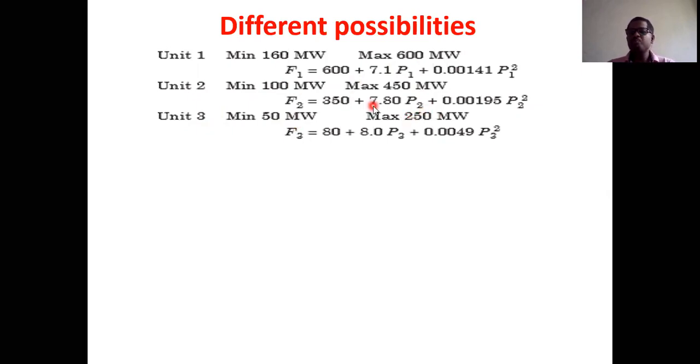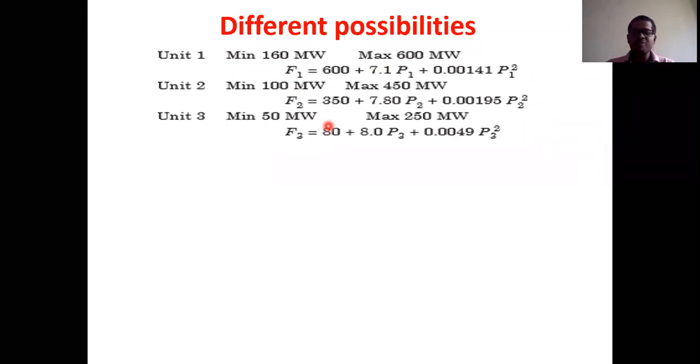This is very, very important for this problem, because we must know the minimum power as well as the maximum power for each and every unit. Similarly, F1 is the fuel cost function for unit 1, F2 is the fuel cost function for unit 2, and F3 is the fuel cost function for unit 3. These are given. With the usage of this data, we must try to understand how we can meet the load. That is the first case. And the second one is how we can meet that load economically or optimally. That is the second case.